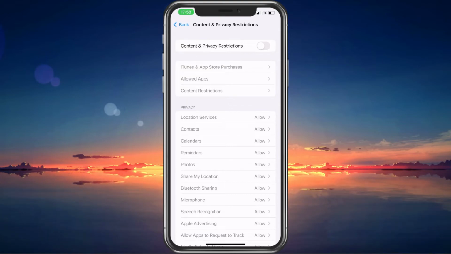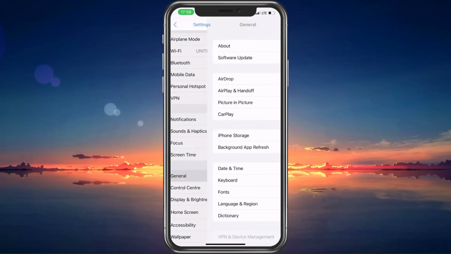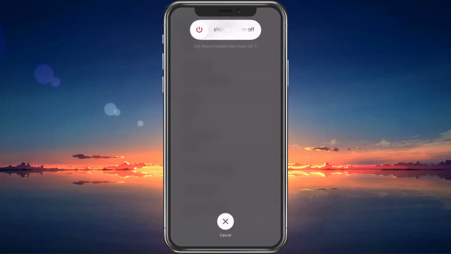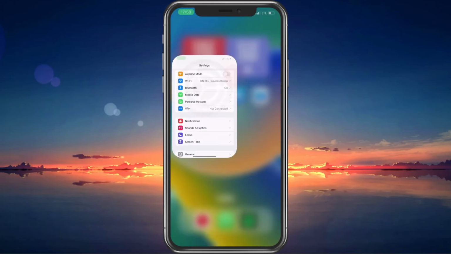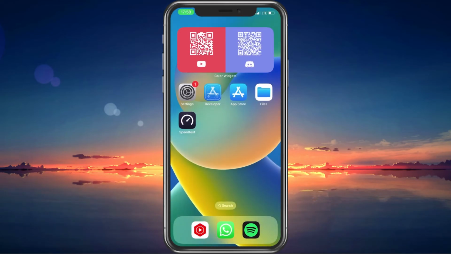After making all of these changes, it's suggested to restart your iPhone before trying to install the latest iOS update. Also, make sure that your iPhone is charged or plugged in order to download and install iOS 16 on your iPhone. More tips on how to fix this common problem can be found in my extensive guide linked in the